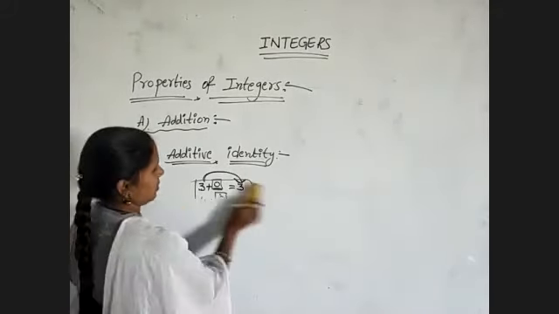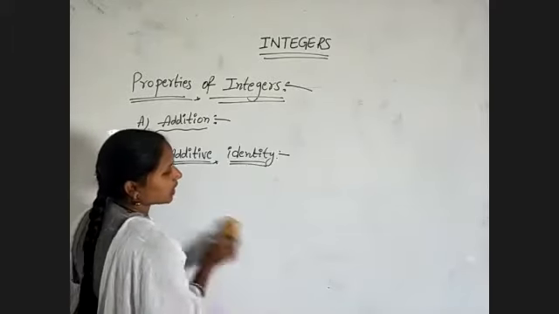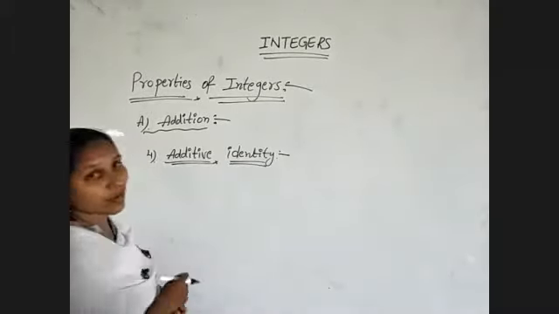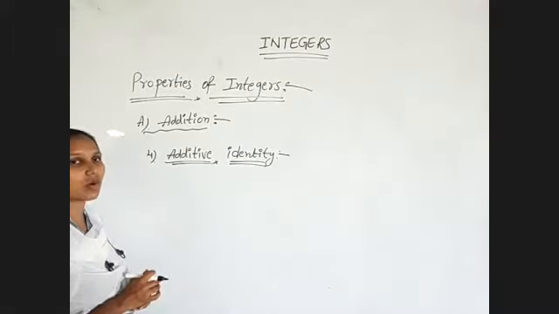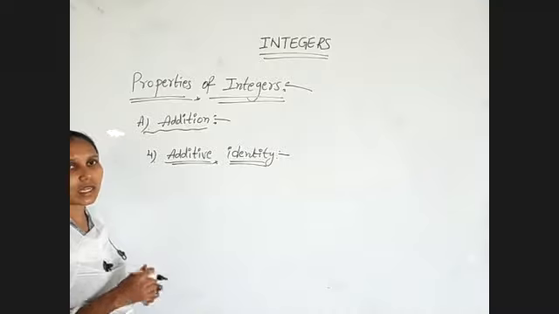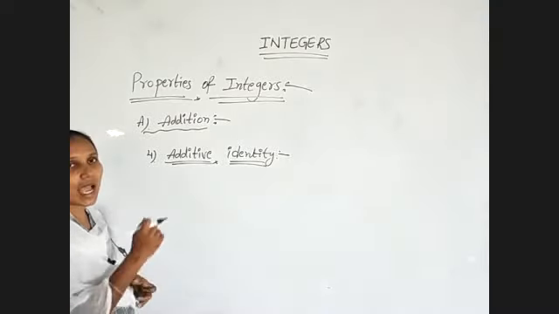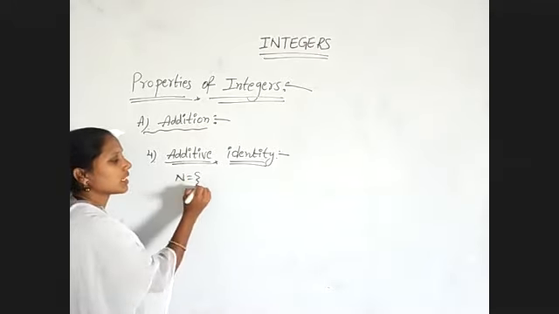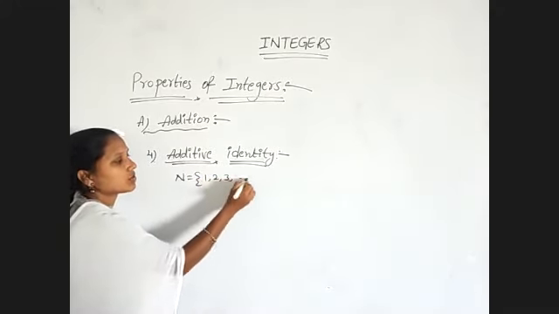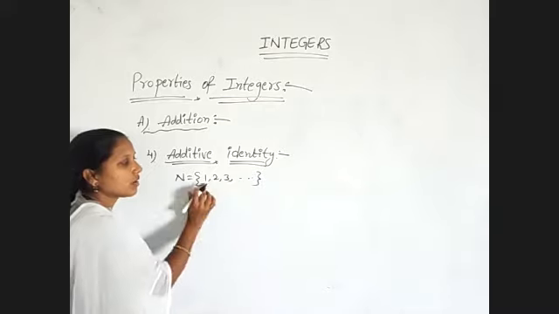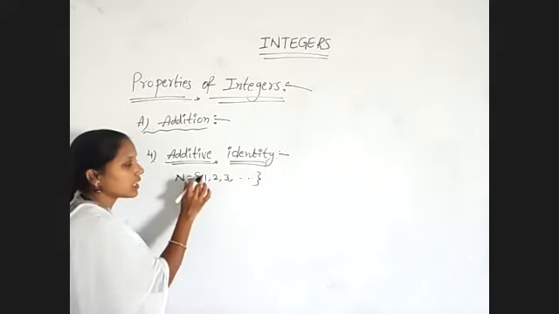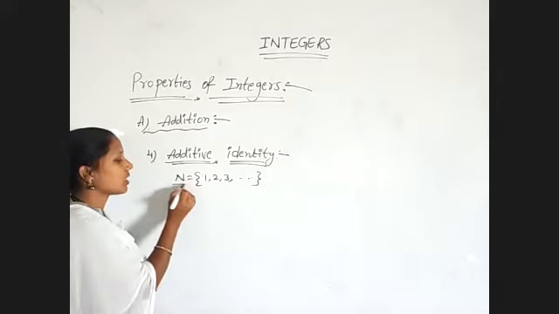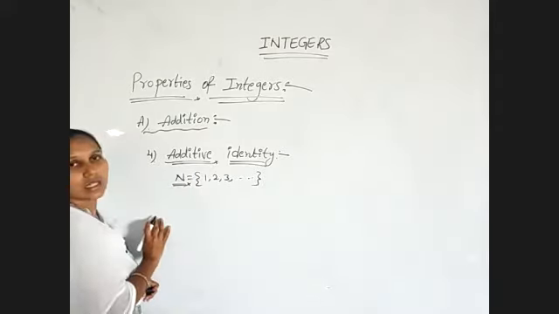It is there in whole numbers, but it is not there in the natural numbers, because natural numbers start with 1, 2, 3 and so on. So there is no 0 at all. That's why natural numbers do not have the additive identity. So in case of natural numbers, we are getting the numbers from 1, 2, 3 and so on. That means we need to select the numbers from 1 onwards. If 0 is there, then only we will get the additive identity. But 0 is not there. That's why natural numbers do not consist of additive identity.